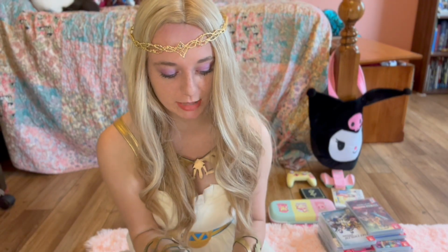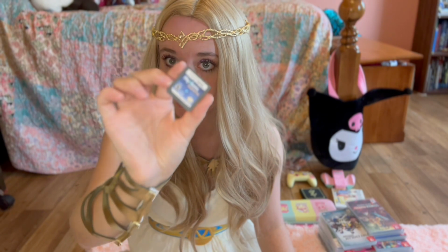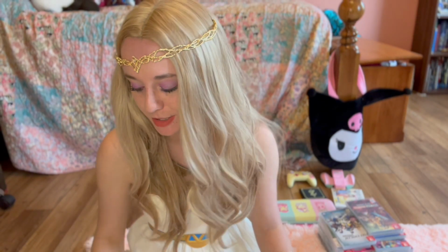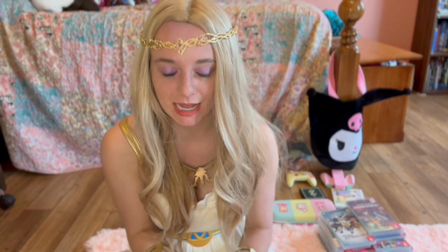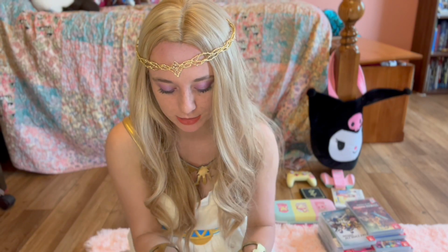So I have My Sims Agents. I'm a huge My Sims fan. It's the weirdest thing ever, that they just took The Sims and made it into something else, but you know, whatever. I love it. And then I have the original Style Savvy, if I can get it out, which is, I